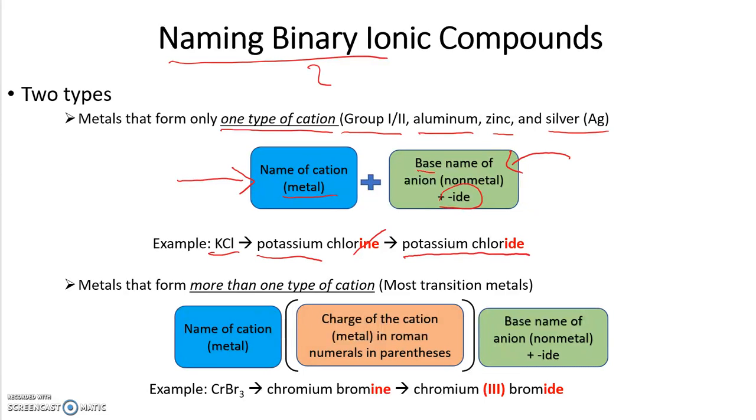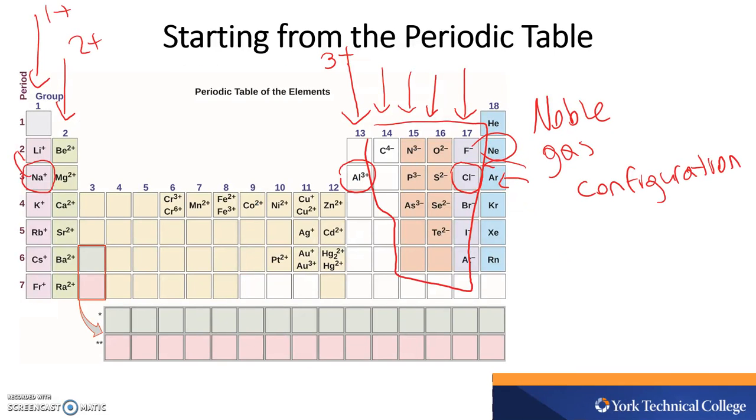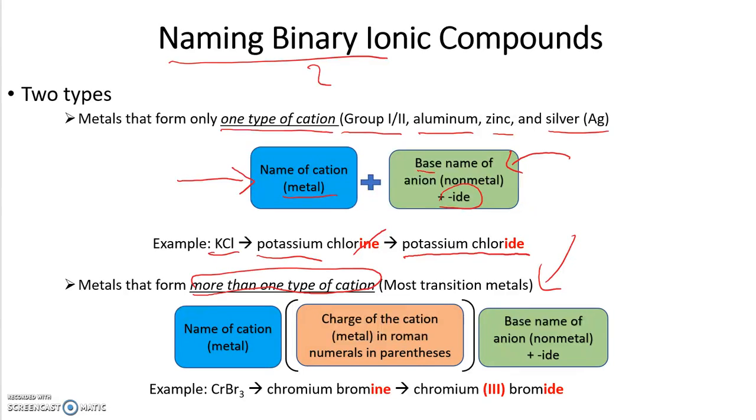In contrast, you can have metals that form more than one type of cation. These are your transition metals, just like before that we showed. This box right here. These are the transition metals, and they tend to form more than one cation. So you have to indicate the charge that the metal has. And then the name of the nonmetal is the same base, but you remove the last 3 or 4 letters